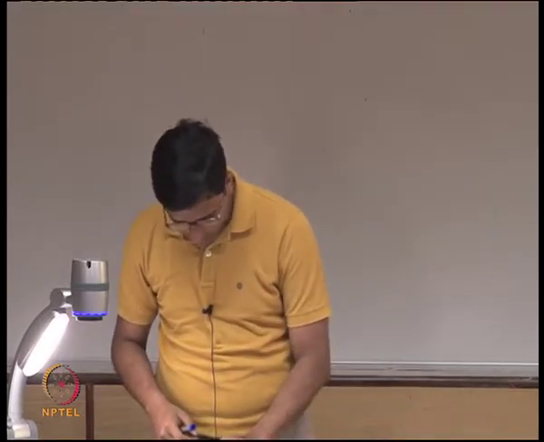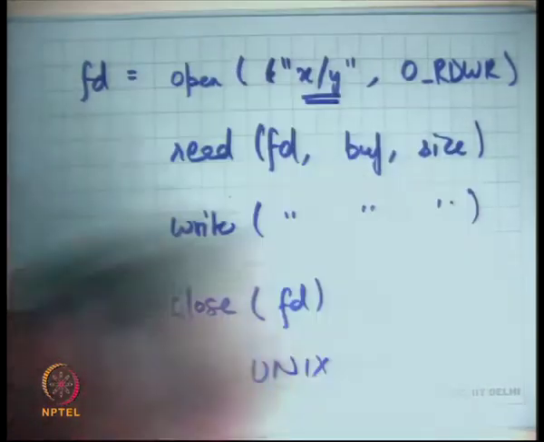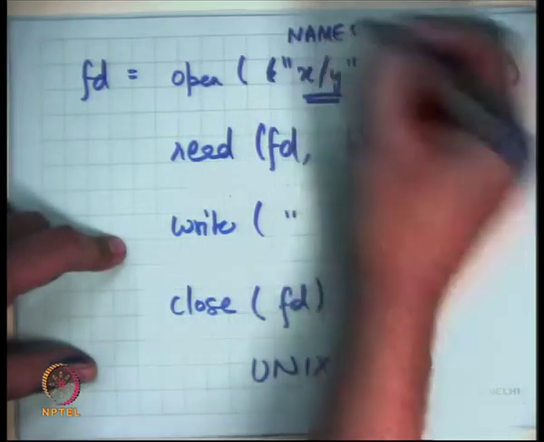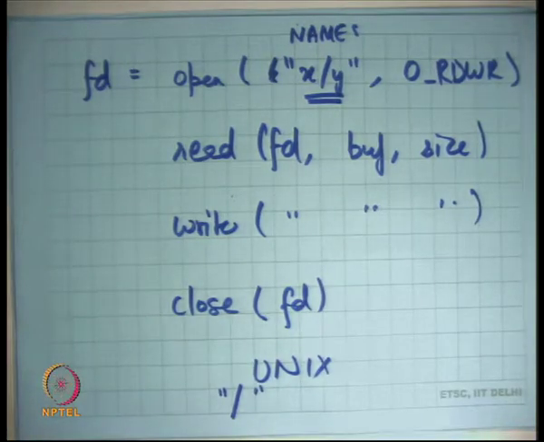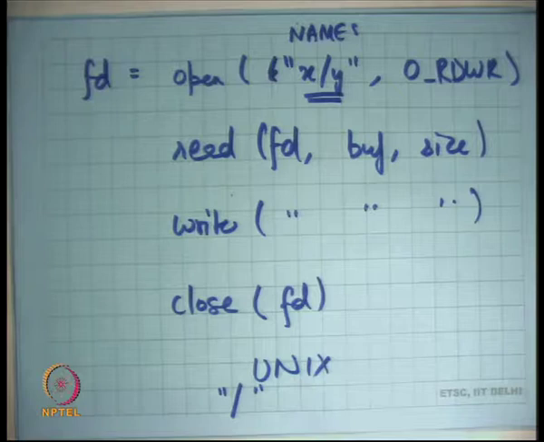Okay. So let's look at this interface once more. Firstly, there are names, so the file system needs to implement naming. On Unix, you basically have the special name called /, which means the root directory, and then there's a concept of a directory, which contains mappings from names to files. You can do this in a hierarchical way. There will be a special place on the disk where the root directory is stored, and the root directory will have a mapping from names to files, and those files themselves could be directories, and so on. So it can be done in a recursive manner.